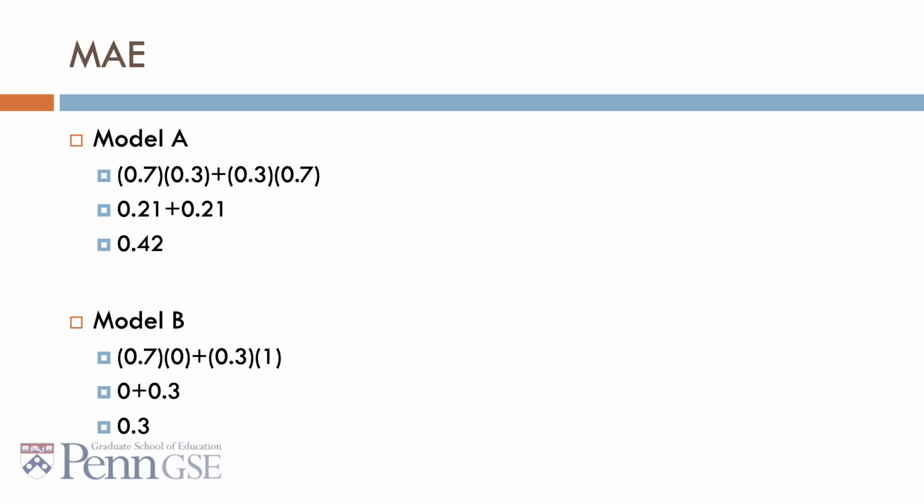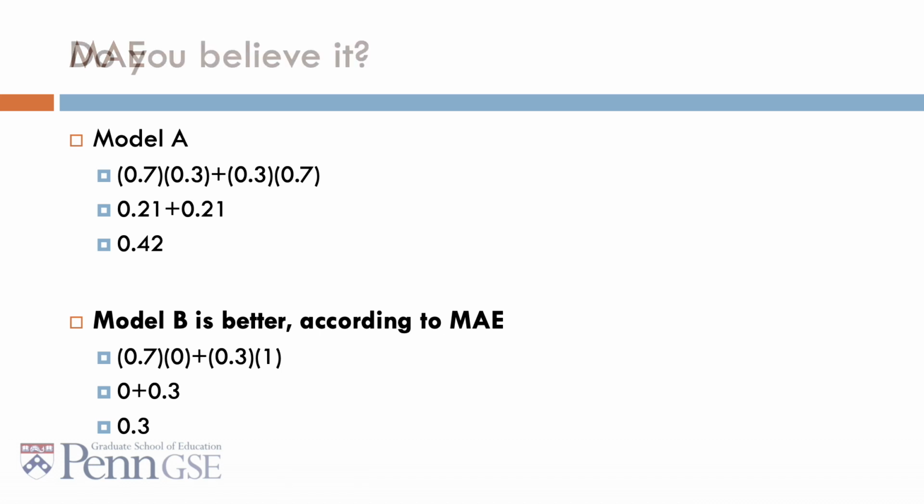And if you didn't totally follow that, go back to the previous slide and take a look again. So in other words, Model B, which gives a probability of 100%, matches a student whose actual probability is 70% better than Model A, where the probability of the model and the probability of the student are identical. Something a little weird about that. So the metric's the metric, but do you believe it? Is Model B really better?